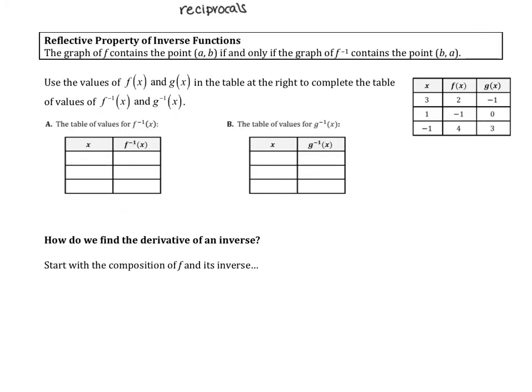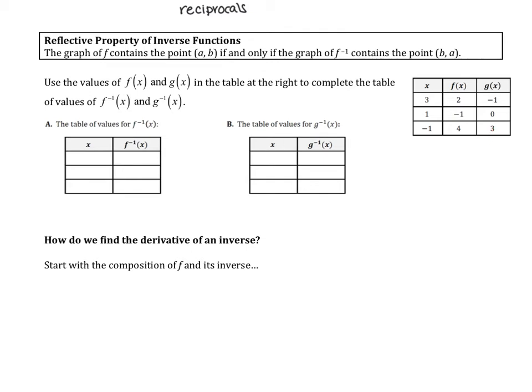So before we try to make sense of this with derivatives, let's look at what a table of values might look like, because I think this might help in getting our thoughts going just a little bit. So we know that if we have a table of values where x is 3, 1, and -1, and the value of f of x at those points and g of x at those points is given,